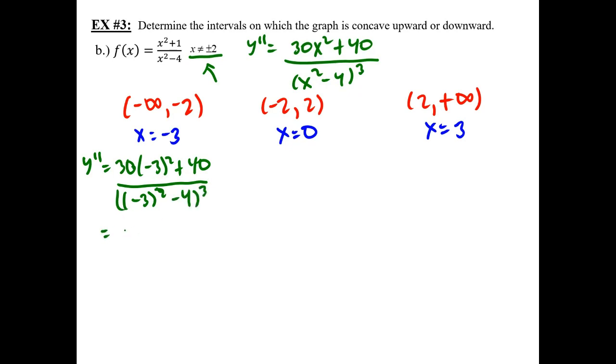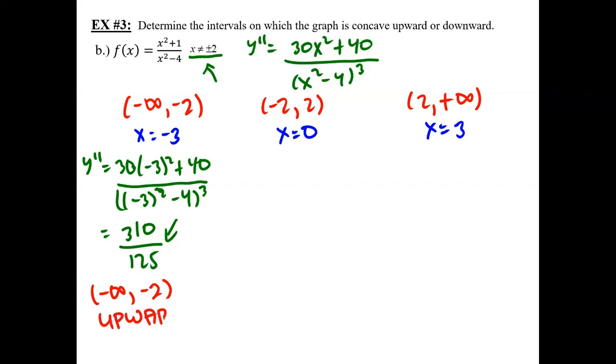So 3 times 3 is 9. 9 times 30 is 270. 270 plus 40 is 310 all over 9 minus 4 is 5. 5 cubed is 125. Kahit na i-simplify nyo itong fraction natin, magiging positive pa rin yung sagot. So, it means lang niya that the interval negative infinity to negative 2 will have a concavity